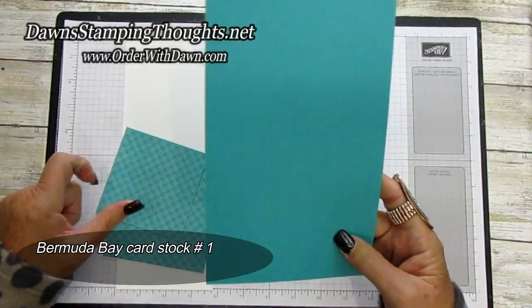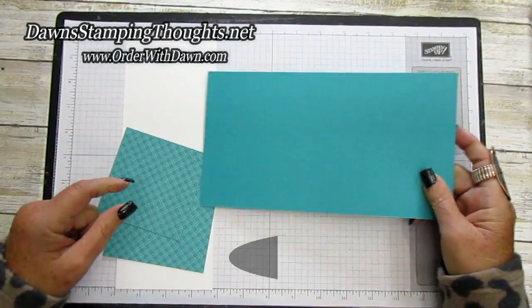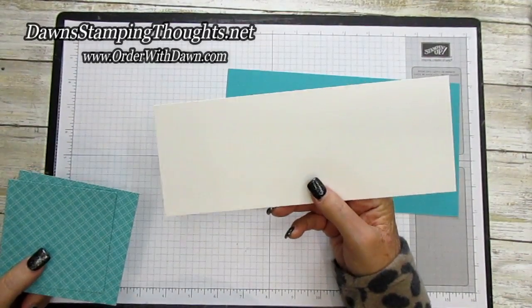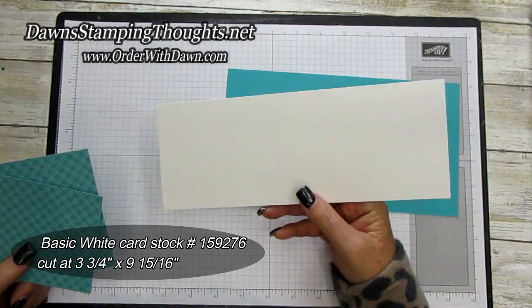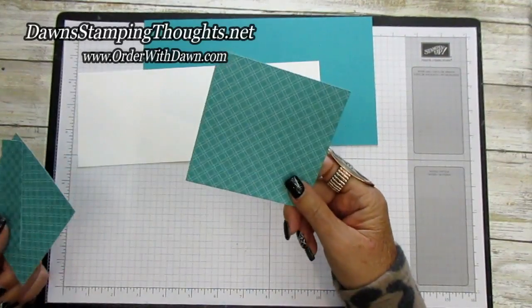You're going to use the Bermuda Bay. This is cut at... We're going to score and cut this piece. And then a piece of basic white, which is cut at 3 3/4 by 9 15/16. Okay, and we're going to score that together. Then you're going to need 3 pieces of designer paper. This piece is cut at